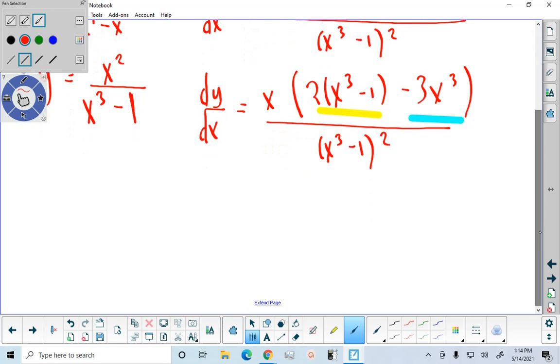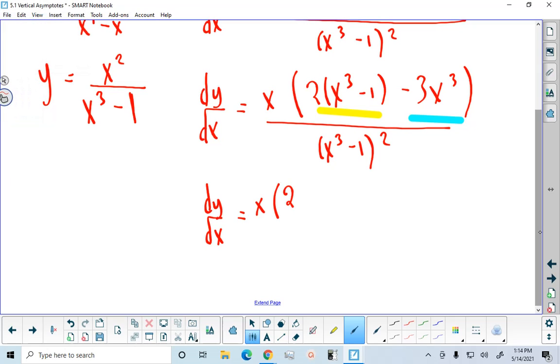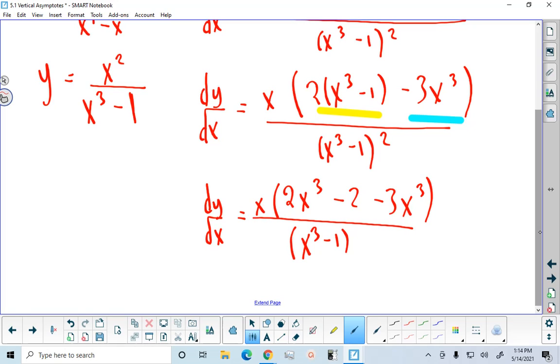All right, clean it up a little bit more. dy dx equals x, and then what do we have here? I don't want to skip any steps. 2x cubed minus 2 minus 3x cubed. So the 2 times the x cubed is 2x cubed. The 2 times the negative 1 is negative 2. And then I have my minus 3x cubed,